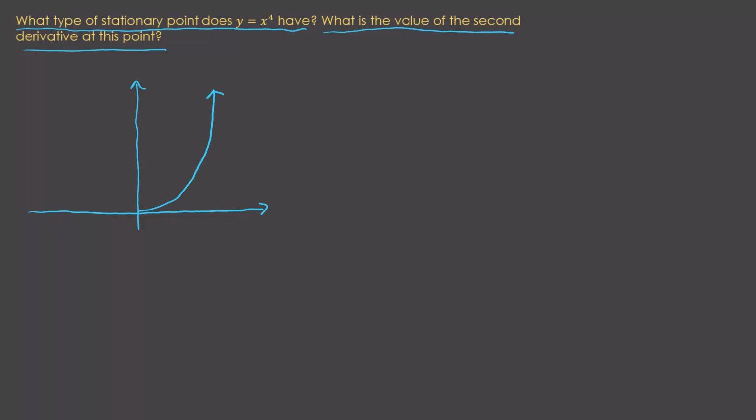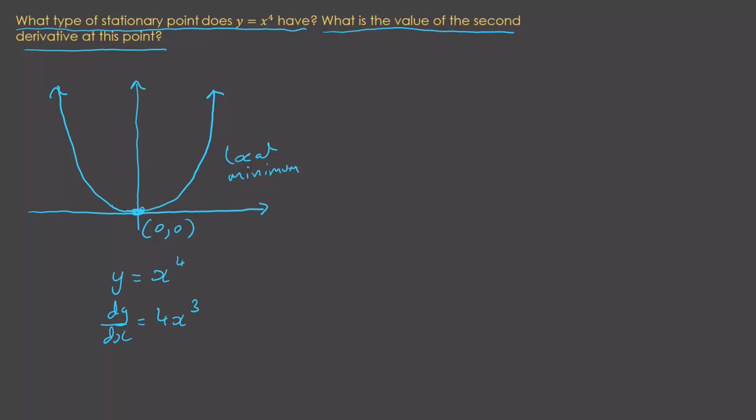It looks a bit like a quadratic, except that it's flatter at the bottom. It's symmetric and it's steeper up the sides than a quadratic. But the point is, at the origin here, it has a local minimum. But if we start with y equals x to the 4 and we differentiate that,